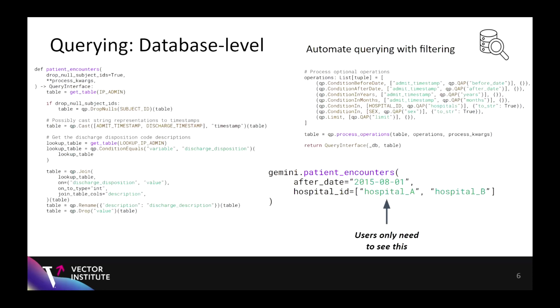Then we get to the database level. So this is essentially database-specific querying that we've created for Gemini and Mimic 4. And you can see that it's doing things like typecasting. We get some disposition code descriptions, joining. There are also some optional operations that users can provide, such that they don't have to implement that functionality themselves. And then you can see here, that's what the user would see if they wanted to query from this,